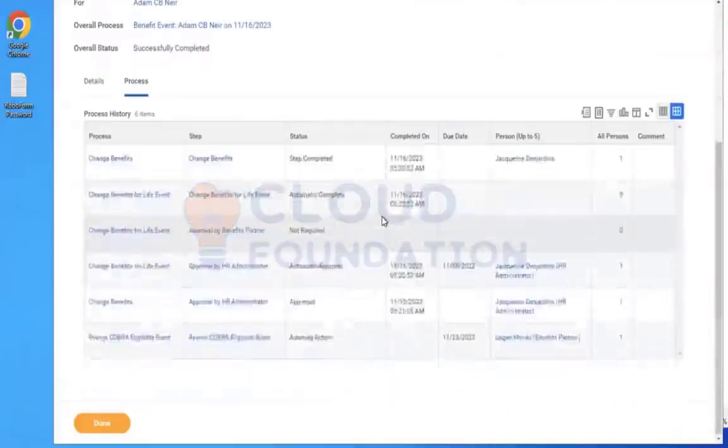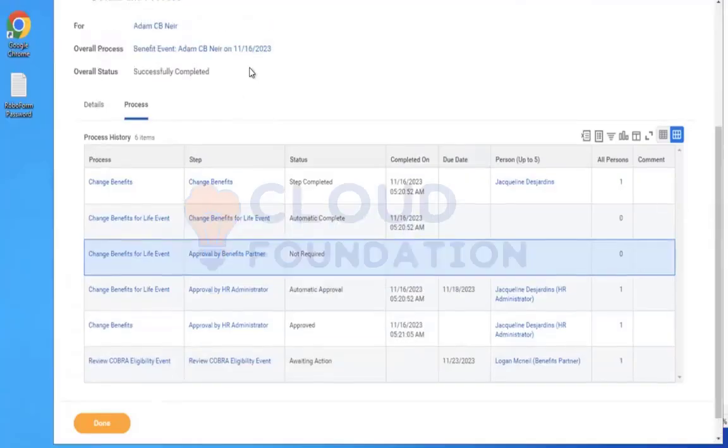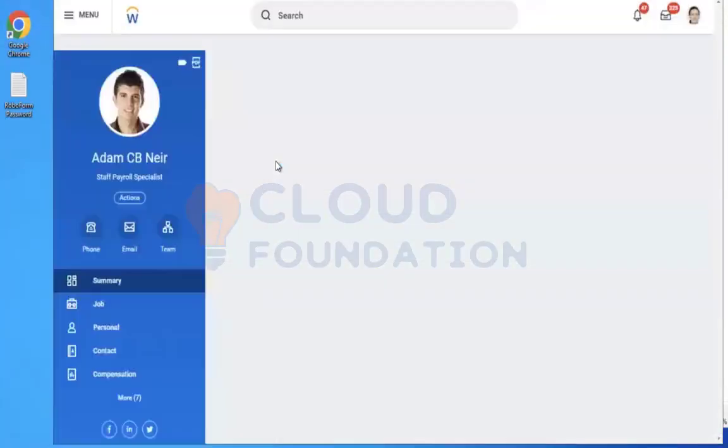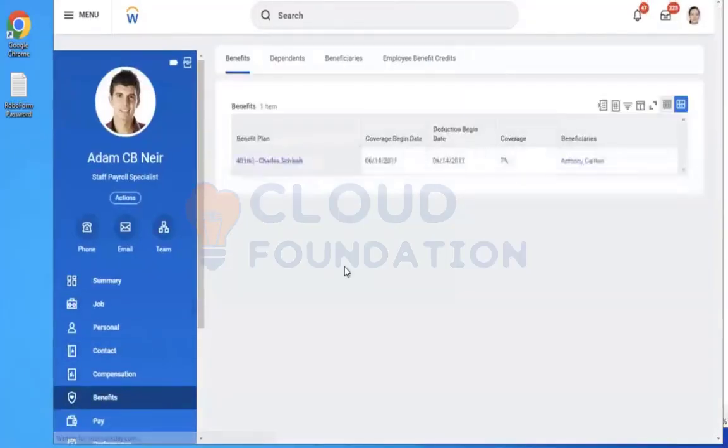Let's see whether this step has gone to the employee to enroll or not. I'm also feeling like that. But the overall process is completed. I will go to the worker, Benefits. It's not there. You are correct. It is empty.